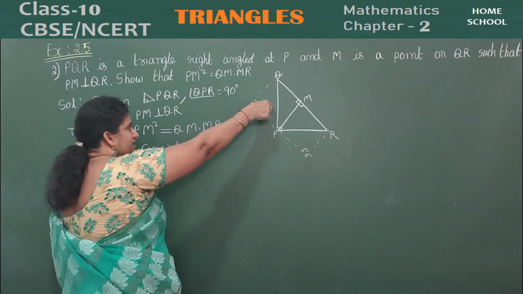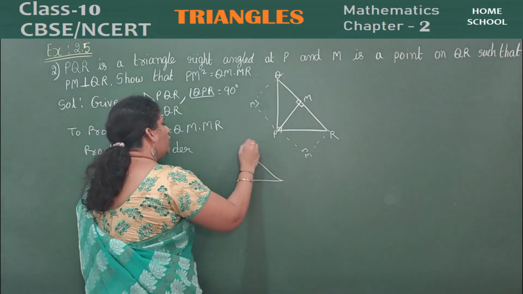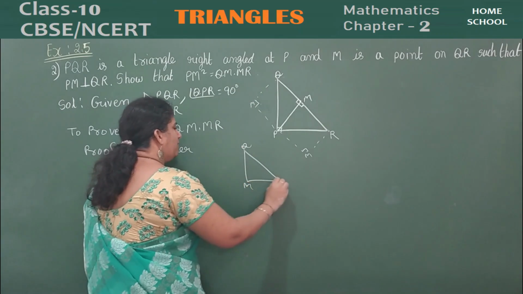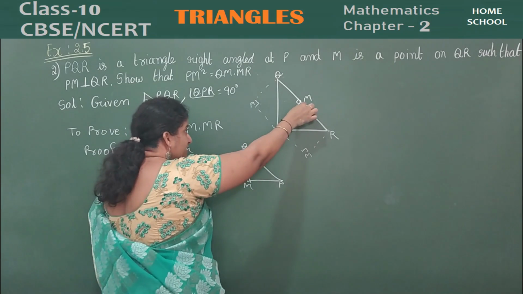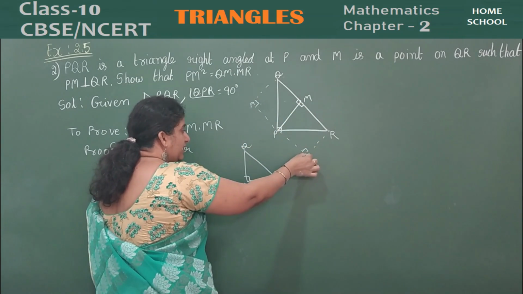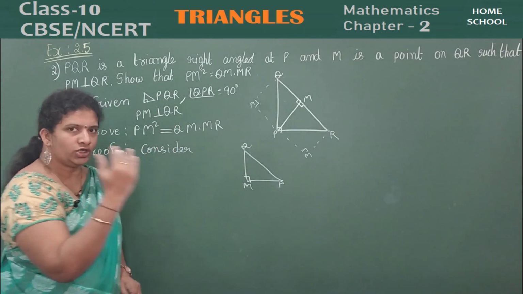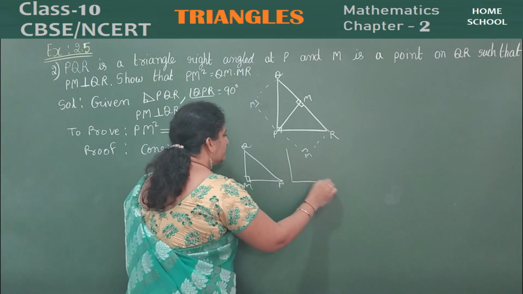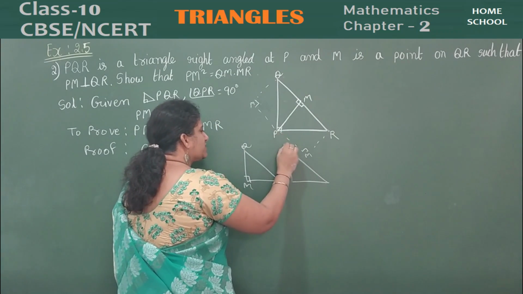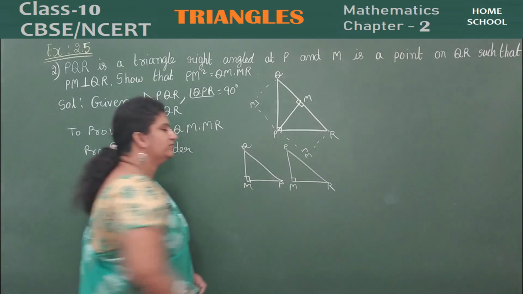Now this right triangle place here. Q on vertex, right angle at M and P. This is this part. Okay, then again this one, M lifted and keep here. Why? In order to place the two triangles same side, easy to compare, children. So here what is the vertex? You have P, and here right angle M, and this is R.